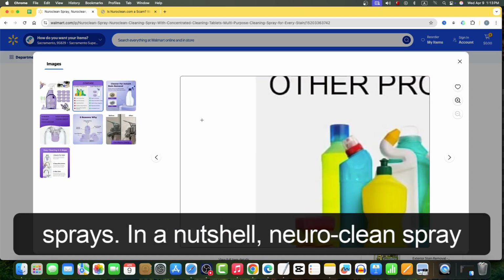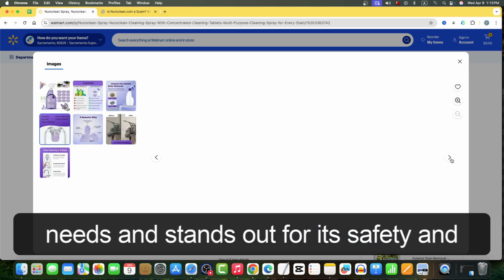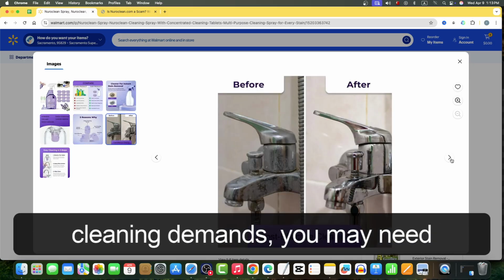In a nutshell, NuroClean Spray works well for light to moderate cleaning needs and stands out for its safety and eco-friendly appeal. However, for tougher cleaning demands, you may need something